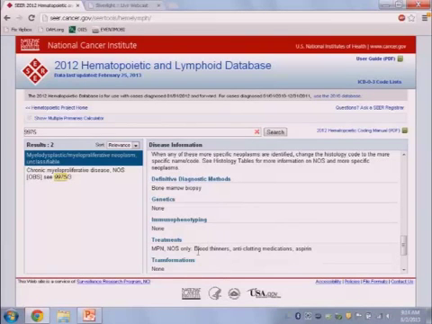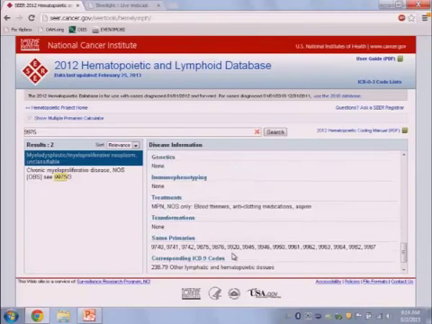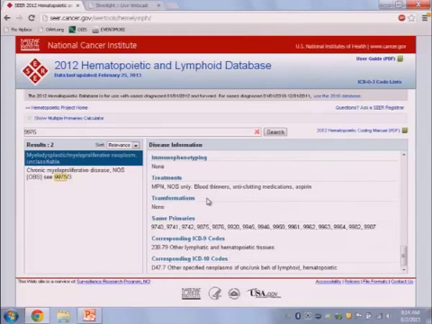The database also tells you what treatments. So it tells you what drugs to look for. It tells you different things like that. Looks for blood thinners here. It also tells you whether or not this type of malignancy can transform to something else. So let's look at